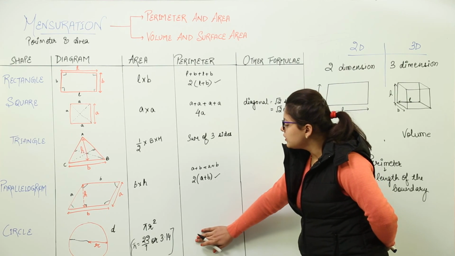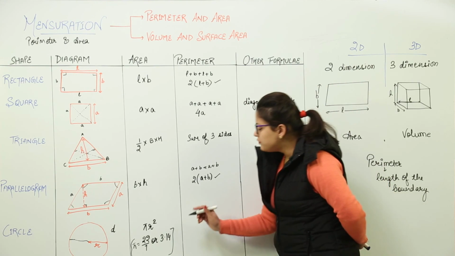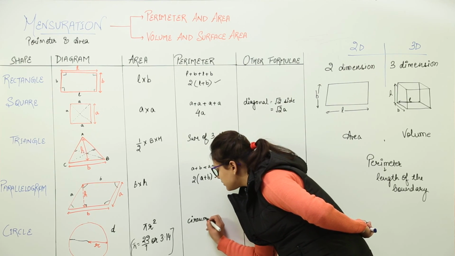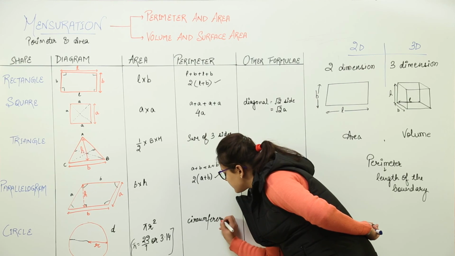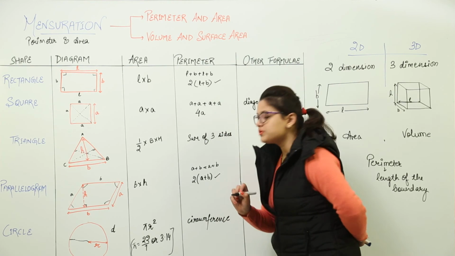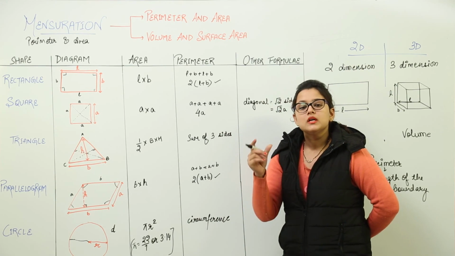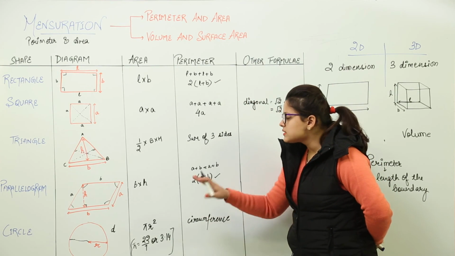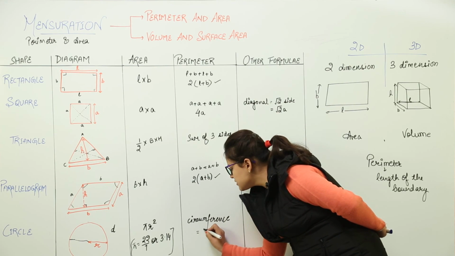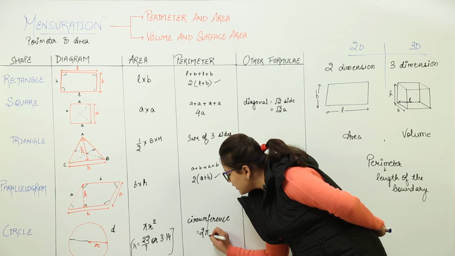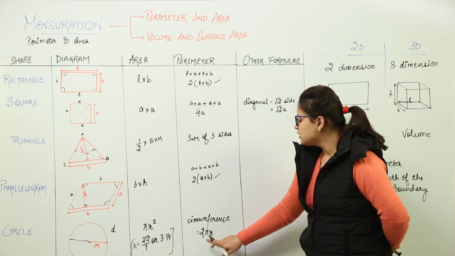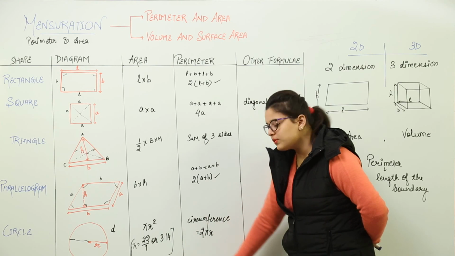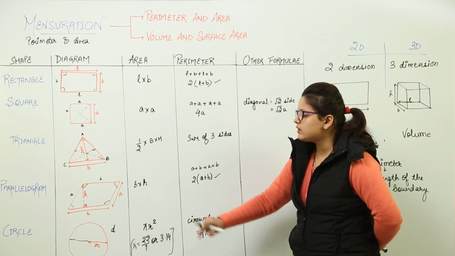Okay, now moving on to the perimeter of the circle. We have given one terminology to the perimeter of a circle, that is known as the circumference. Okay, do not get confused where this new term is coming from. Circumference is nothing else but the perimeter of the circle. So perimeter of the circle is given as 2 pi r. Over here the pi remains constant, which was 22 by 7 or 3.14. R represents the radius of the circle.